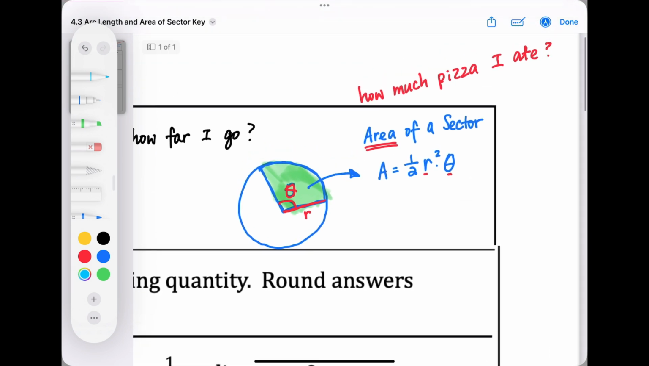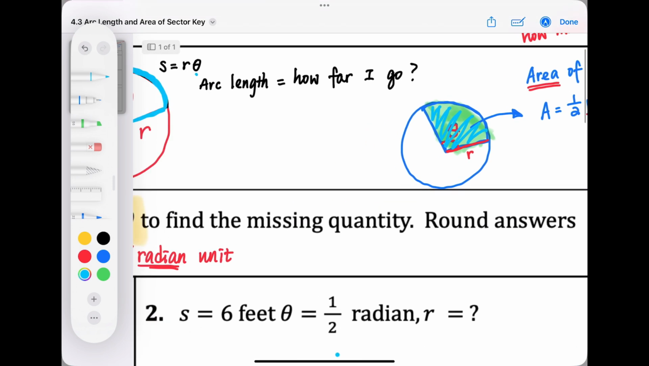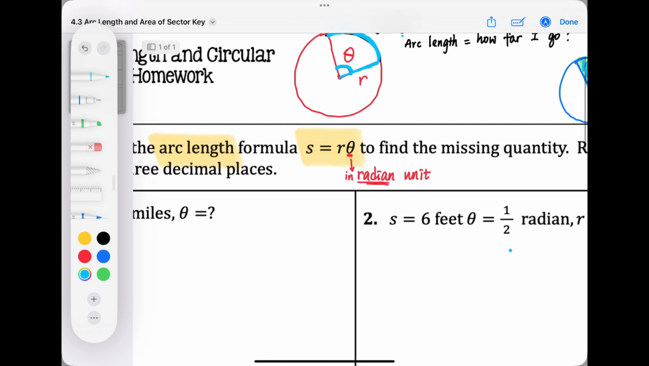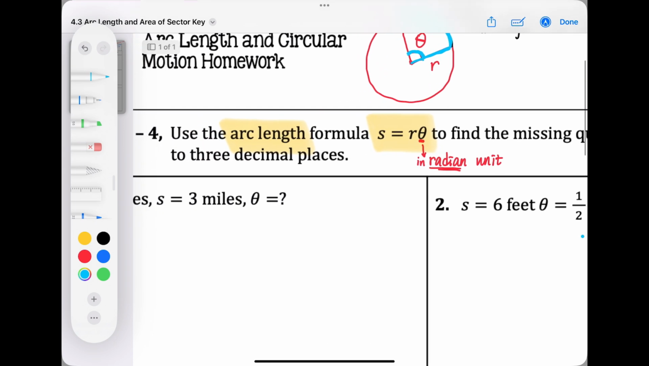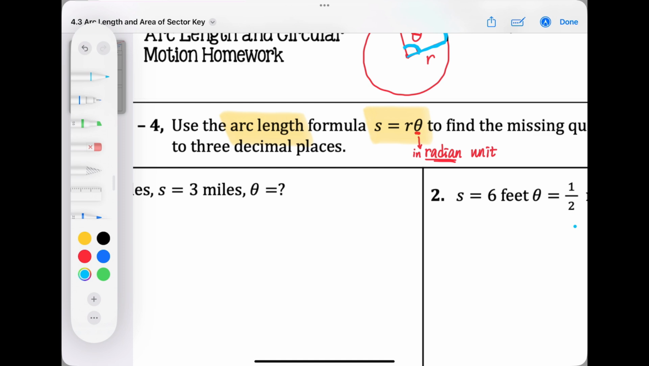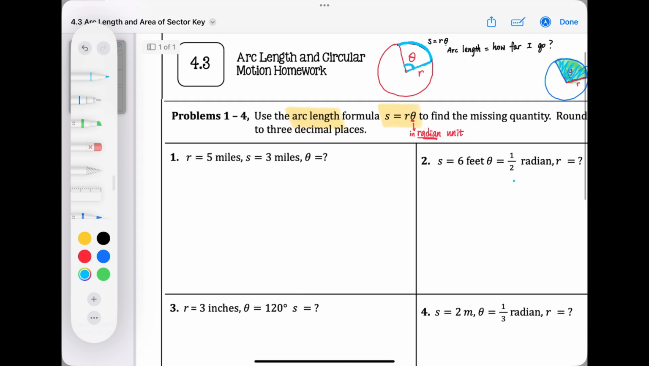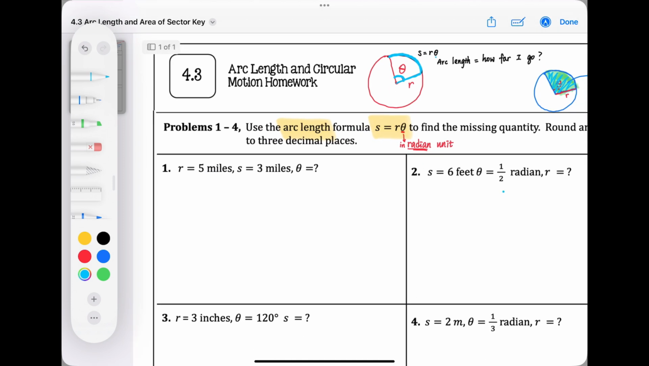Then how about the area of a sector? The area of a sector we're going to talk about is how much pizza I ate. So the area of the sector is equal to 1/2 the radius squared times the central angle theta. Again, the angle has to be in radians. We're going to see if we need to do any conversion from degree to radian. But other than that, just plug it in. Enjoy the formula. So number one tells us, given that information, we're going to use the arc length formula to